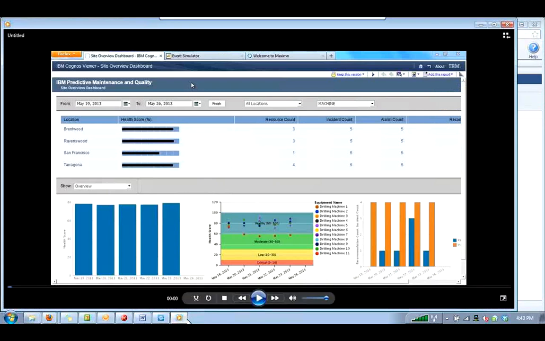Now let's look at the dashboard for the PMQ environment. This dashboard shows different locations, Brentwood, Ravenswood, San Francisco, etc., and a different number of resources in each location. The health score is shown at an aggregate level, as this dashboard is giving the aggregate view of all the